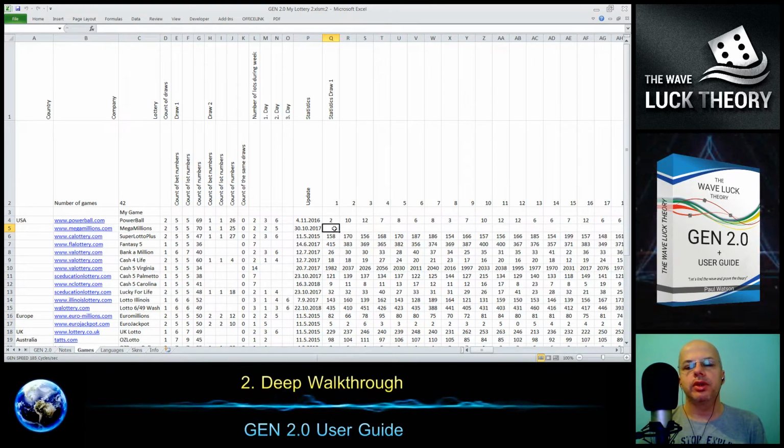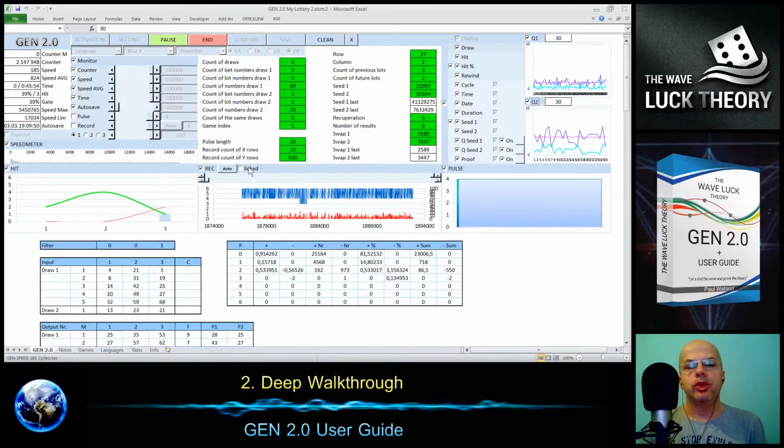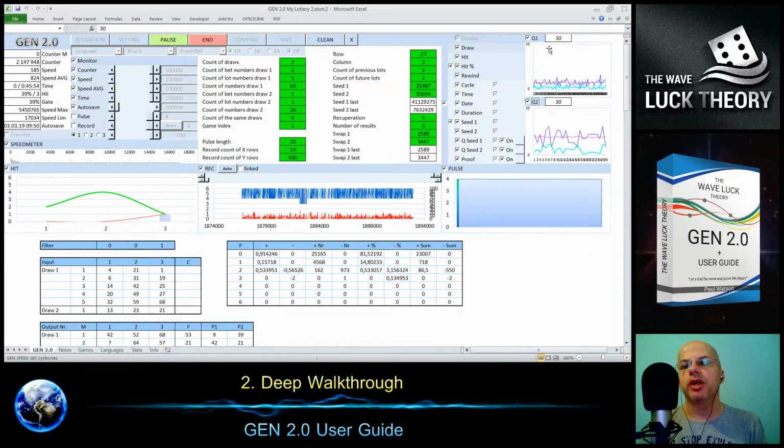If you want to run fast and make a quick preset without writing the statistics, which you can take from the official website of the lottery, then you don't need to fill it and it will work anyway. So the generation is not dependent on the statistics, and it's just a tool that might help you with your decisions, but you don't need to use it as well.